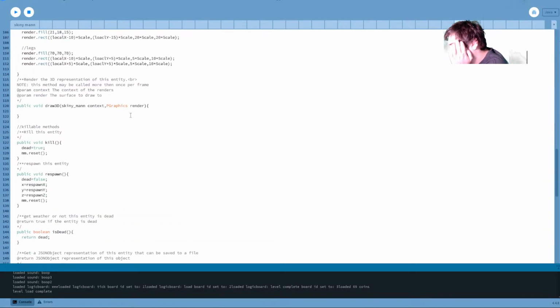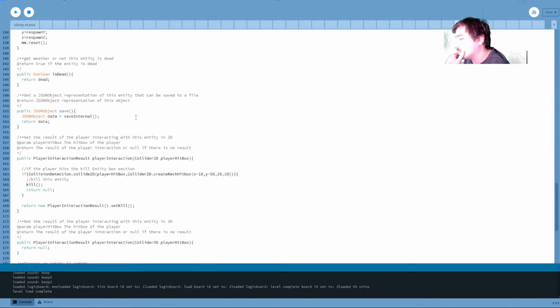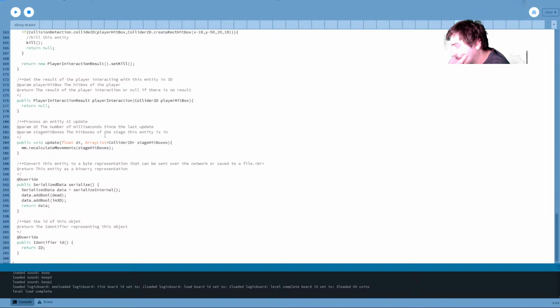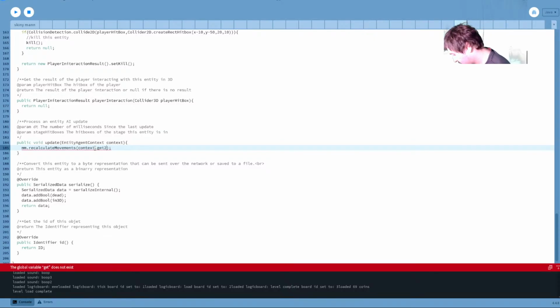Now it really doesn't care. No, it does care a little bit actually. I was going to say it doesn't care too much, but it does actually, because it uses the stage hitboxes. Context get the collision.